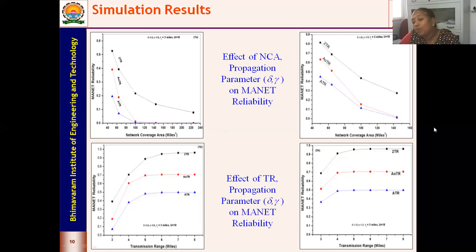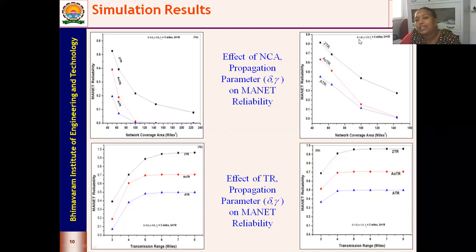So at larger values, you see that the reliability is becoming 0. When the signal strength is reducing, it means we are losing connectivity. And as we lose connectivity, the reliability of the network becomes 0. As long as we don't lose connectivity, we see that we have some reliability. So though it is 0.1 or 0.5, as you see in figure 1a, we can say that still communication can be established among the networks.